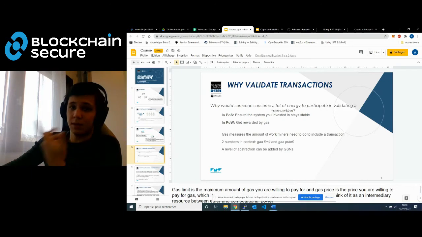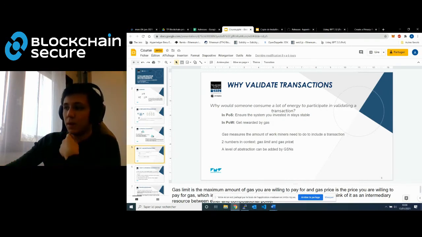Miners decide which transactions to validate. So if you're not willing to pay a lot for your gas, your transaction will have very low priority in the eyes of the miners. If it has a high gas price, people might want to do that. Paying gas requires you to have wallets and everything. So there is a level of abstraction that was added by